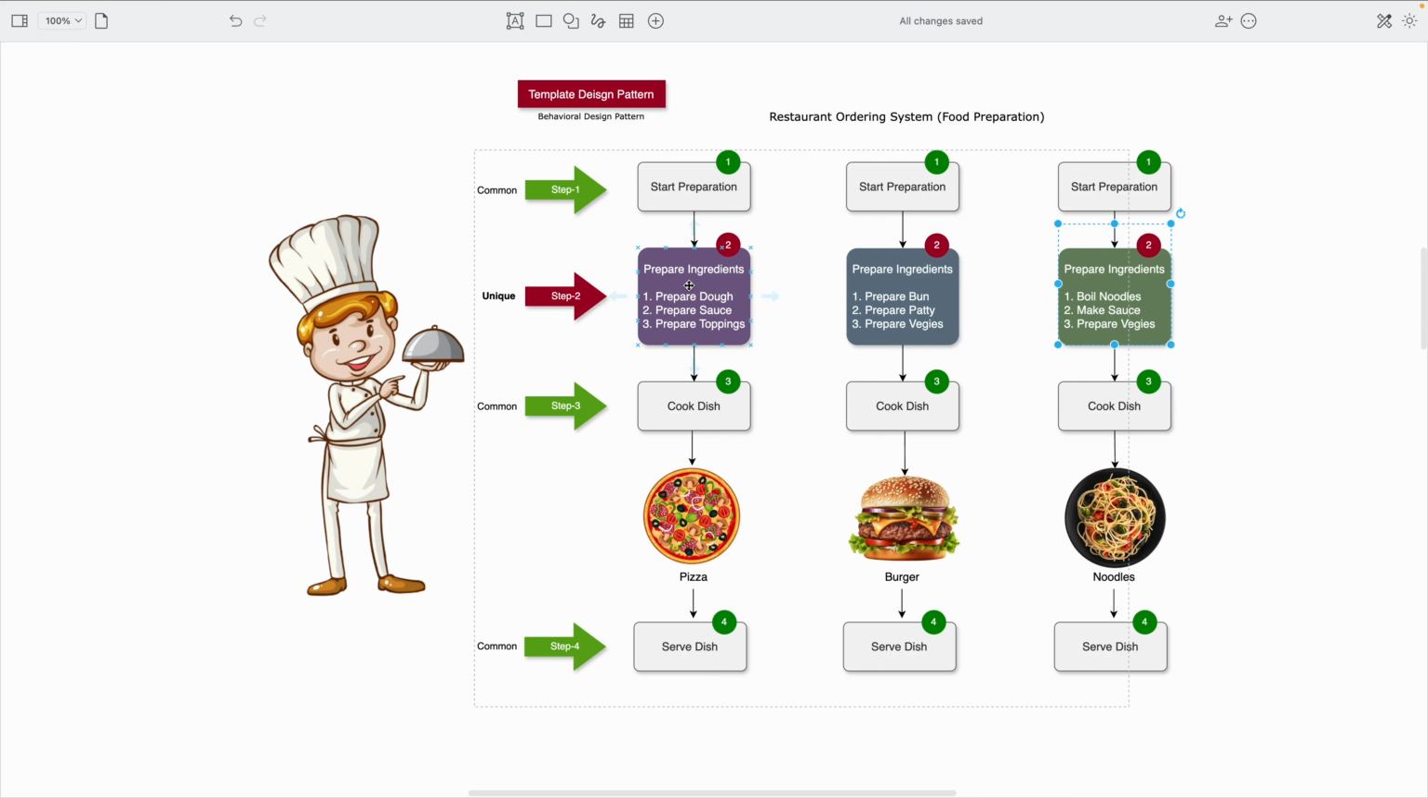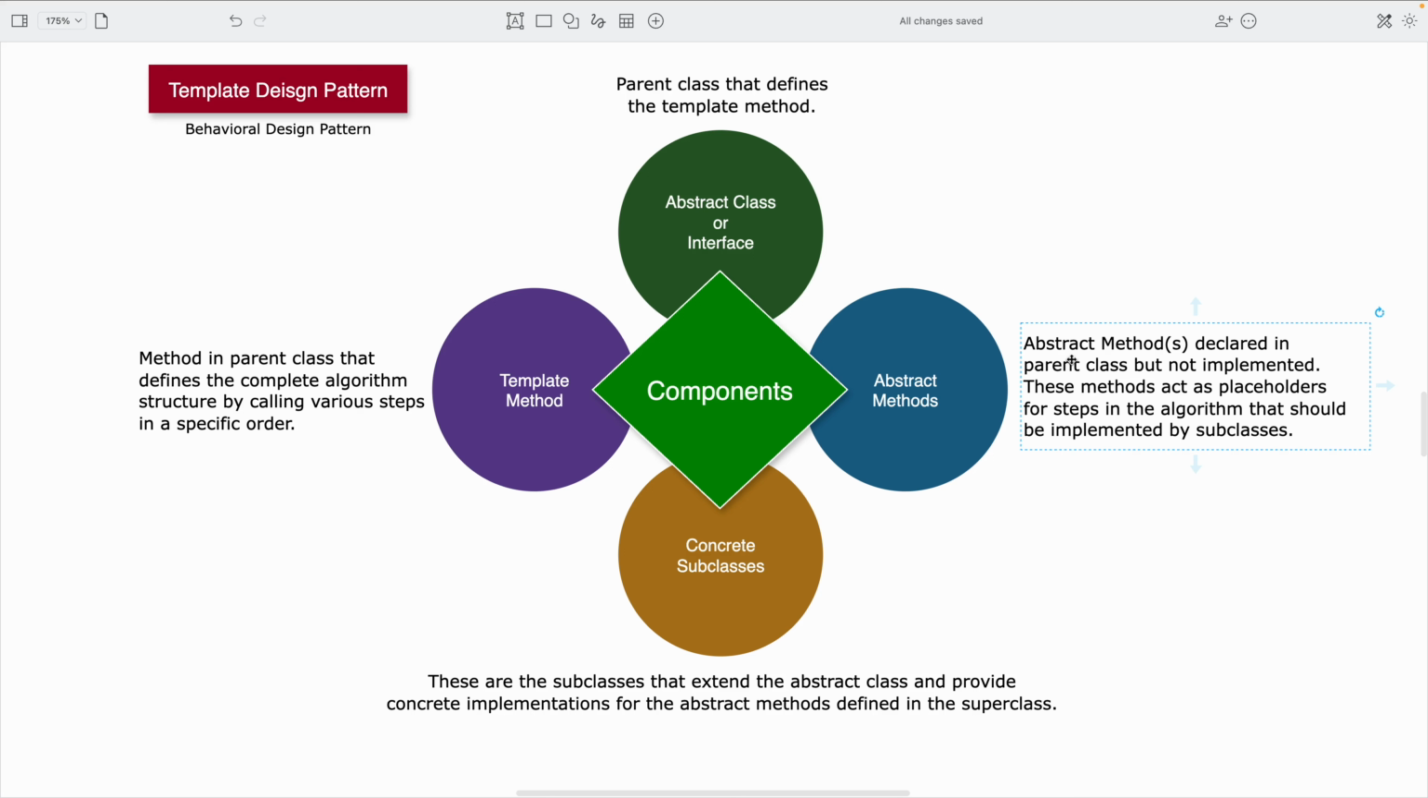So such steps we will be declaring in the form of abstract method in the parent class. This is what we have defined here: abstract methods declared in parent class but not implemented. These methods act as placeholders for the steps in the algorithm that should be implemented by subclasses, right? And the last class is concrete subclasses. These are the subclasses that extend the abstract class and provide concrete implementations for the abstract methods defined in